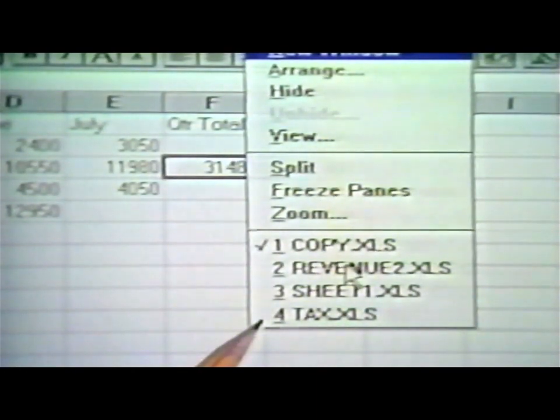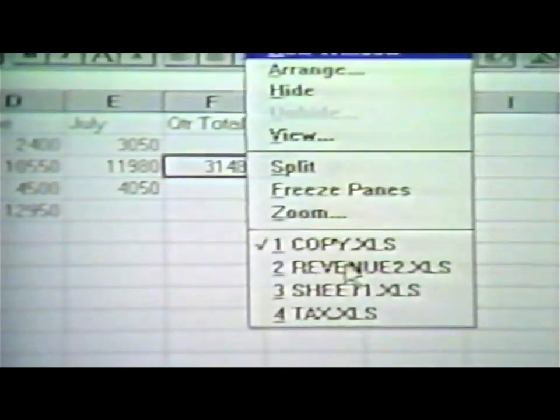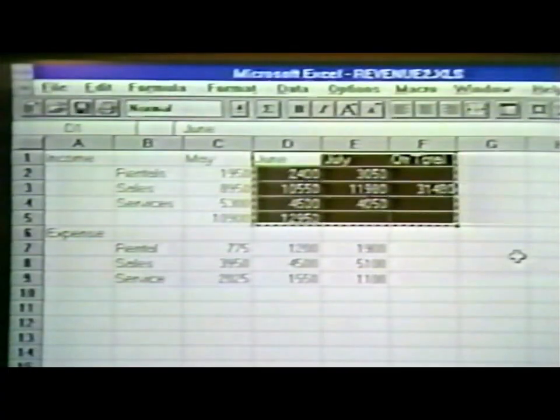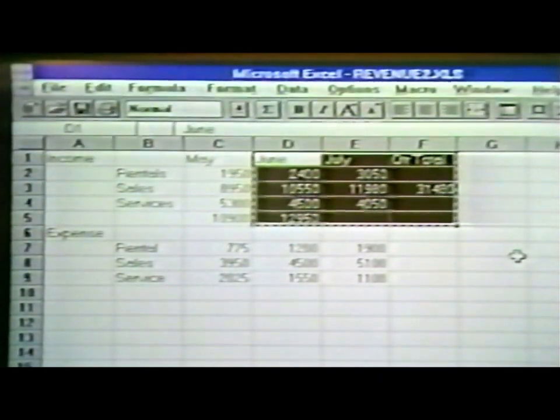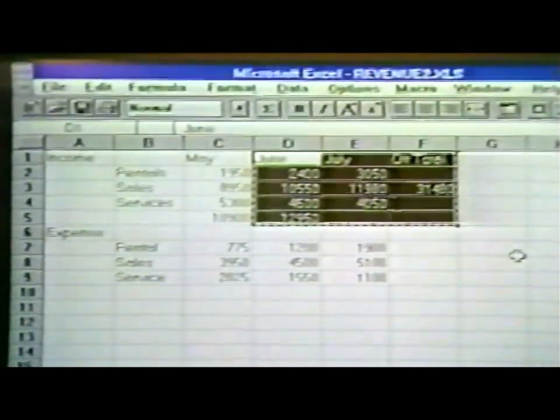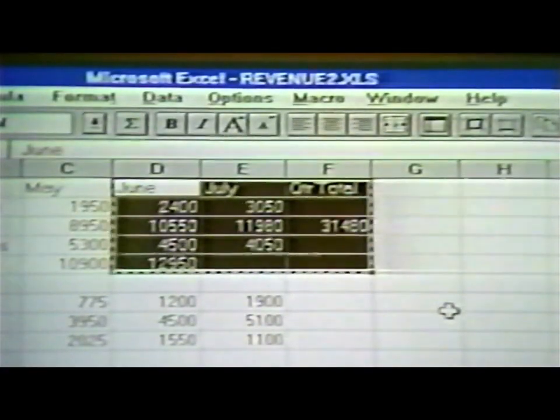To change from one worksheet to another, click on the other worksheet name, and that one comes to the front and is visible on the screen. The other ones are located behind it. If you'd like to be able to see more than one worksheet at a time, go back to the window